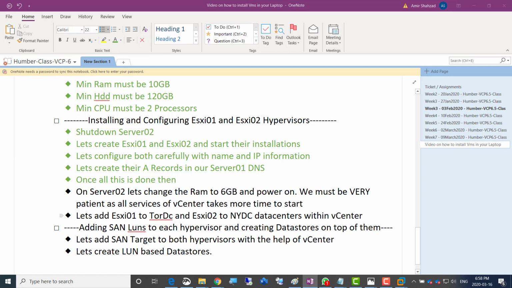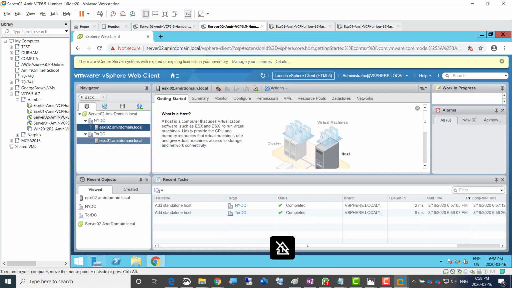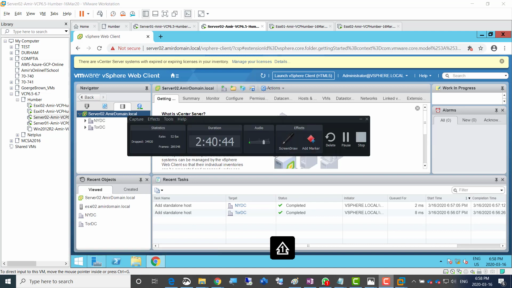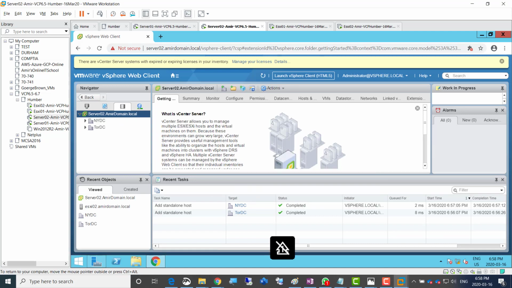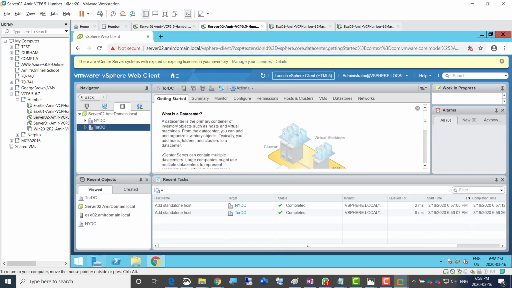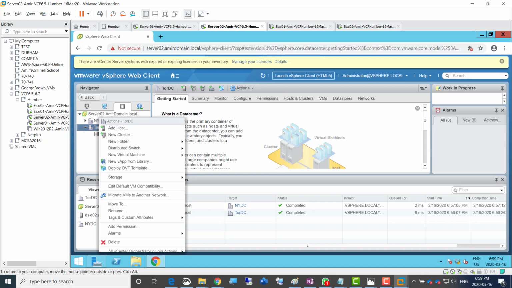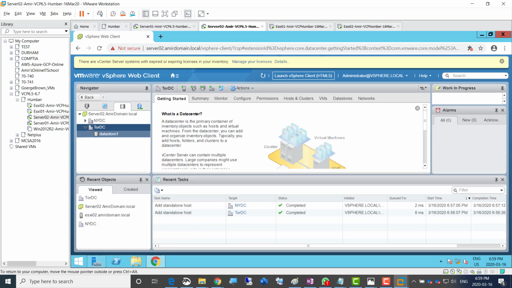Okay, so let's do that, and let's go to vCenter, and we can go to storage here. We go to TorDC here, and expand that TorDC. So we just see one local disk-based data store on ESXi1. But we're gonna right-click here. Well, we're not creating data stores actually, sorry, we're not supposed to come here. We first need to add LUNs, right? So I'm going to go back to this,